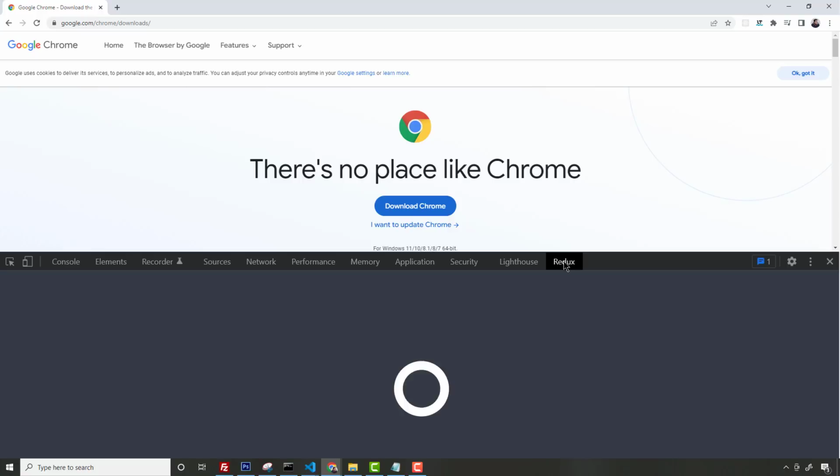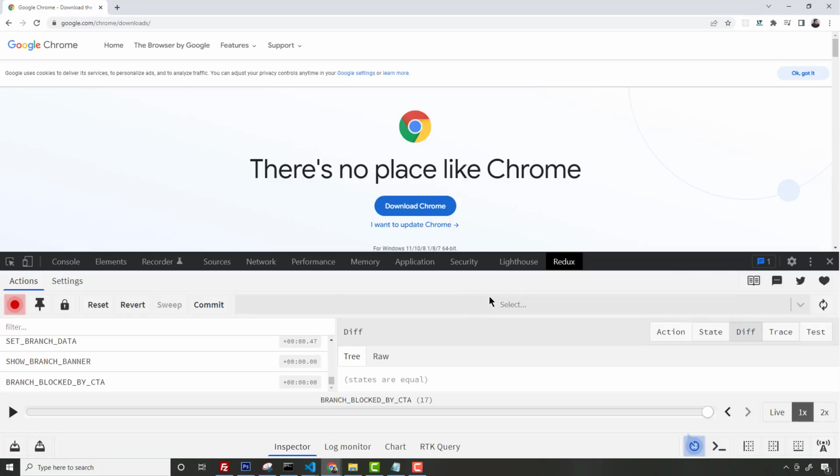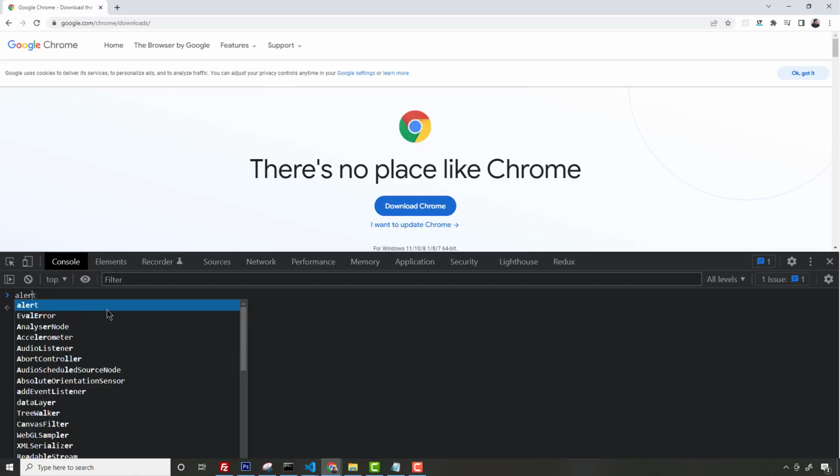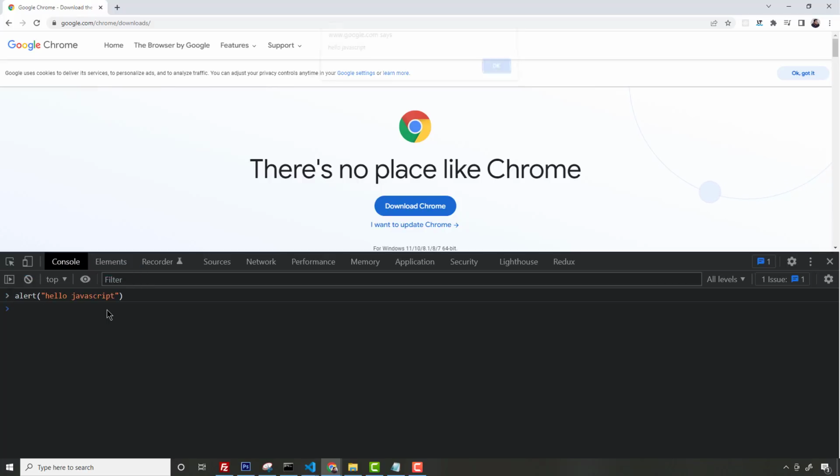But there are extensions that you can use for everything. So if you're using a React Redux-based website, there's a Redux toolkit extension that you can install into your browser. There's also ones for React and Angular. Essentially, there's a lot of different extensions that you can use to customize your Chrome and allow you to debug a little easier. You can write your JavaScript right into the command line here. So hello JavaScript. If you're doing any sort of quick testing with JS code,